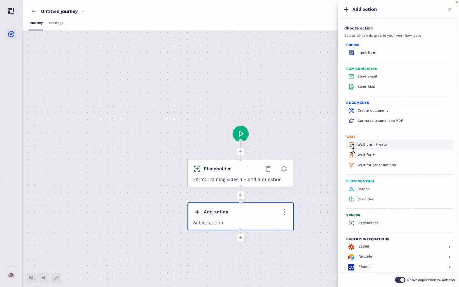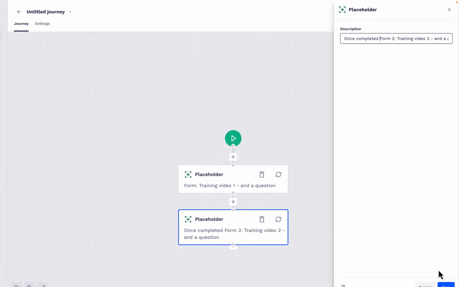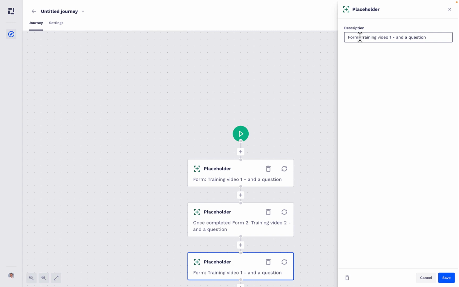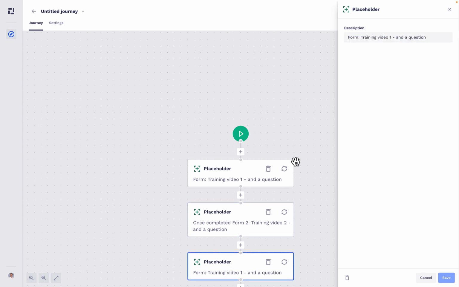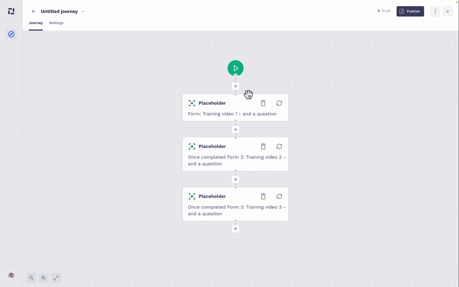In this case, a training video is going to get sent out to the traveler going through the journey, and a simple question. Once that's been filled out, another training video gets sent to the traveler, and another question, checking to see if they understood what happened in the video, and perhaps a third video. This is a super simple way of building out a journey where you can send three training videos to an individual, and they're going to get each video once they've filled out a simple form with